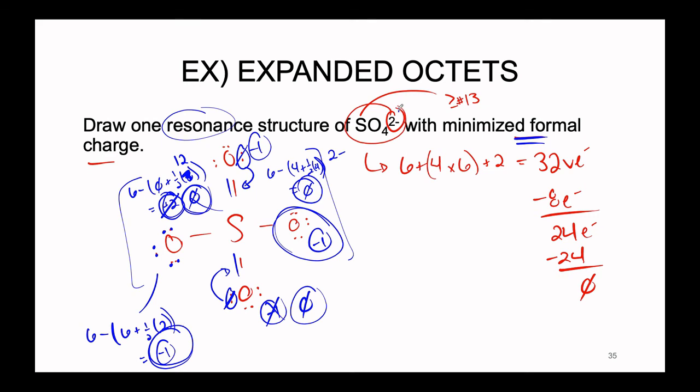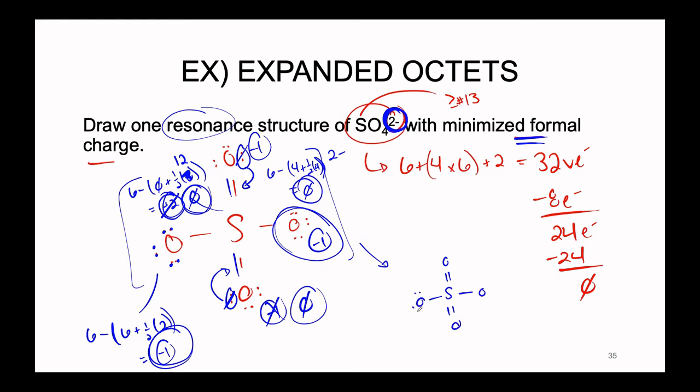Again, since we're working with a polyatomic ion, the total count, the sum of all of the formal charges inside of the molecule, must equal the charge of the molecule on the whole. So we have a -1 formal charge on one of our oxygens, a -1 formal charge on the other oxygen, the sum of this is -2, and there is a total of a -2 charge present in the sulfate anion. So this structure that we have drawn, in fact, I'll just write a cleaner version over here,